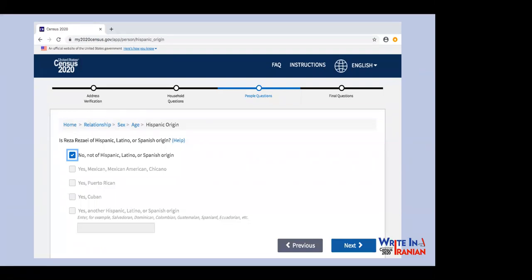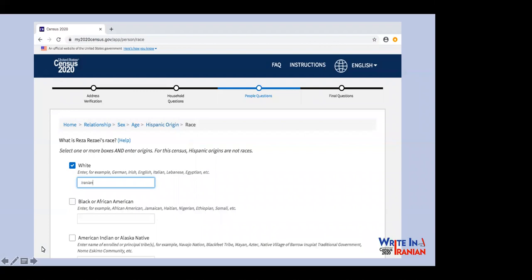It is very important to note that you do not need to be a citizen or a lawful permanent resident to fill out the census questionnaire. The census questionnaire is for everybody, regardless of their immigration status, who lives in the United States. So in this case, Reza Rezai is not of Hispanic, Latino, or Spanish origin. The next page talks about race, and that's where we want to emphasize, and that's where our Write in Iranian campaign comes in. We urge people from Iranian background, from Iranian origin, to self-identify the race they